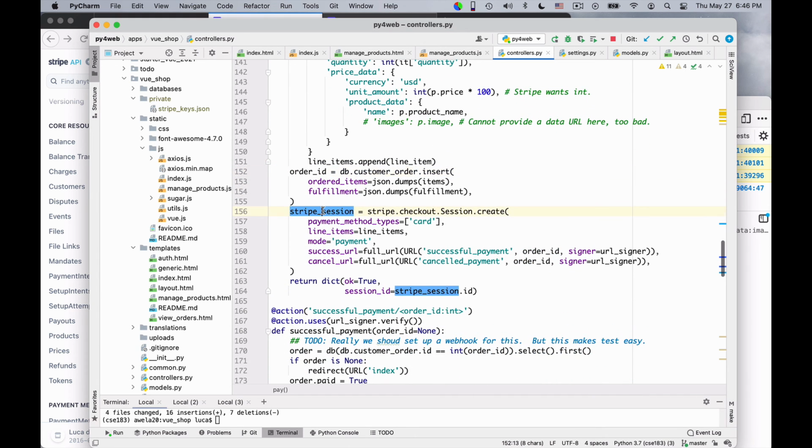And then I create a Stripe session via the Stripe library, stripe checkout sessions create. I give the payment method types that are accepted, in this case only credit card, but you can add other payment methods. I specify the line items that I want to buy. The mode is payment, because I want a payment. And then I specify 2 redirect URLs in case of success and in case of cancellation or failure.